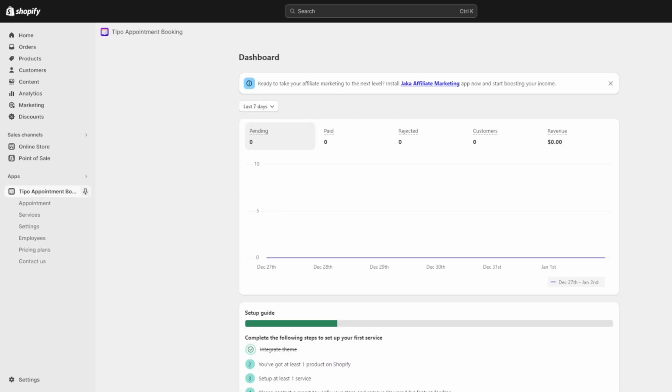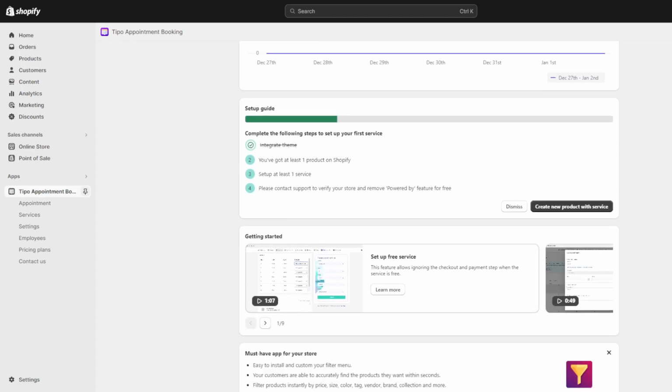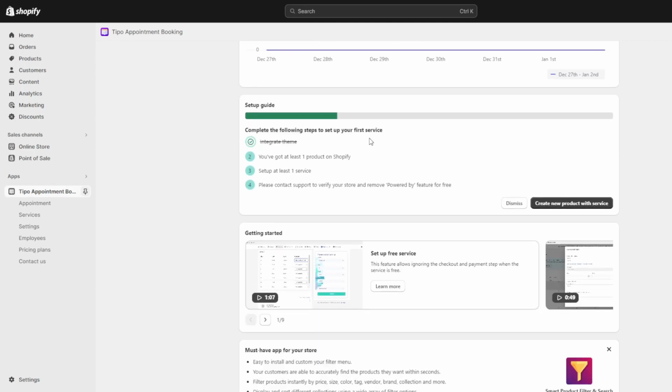And now with the chosen appointment booking application installed, most of the applications will guide you through an intuitive setup sequence designed so that you can easily connect and configure it within your store. And with that said, I'm going to be walking you through the setup for this specific application that I have installed myself. It's going to take us through several key phases like selecting a pricing plan tier based on functionality needs and expected booking volumes, configuring your first bookable service by choosing relevant products or services, naming them, mapping to